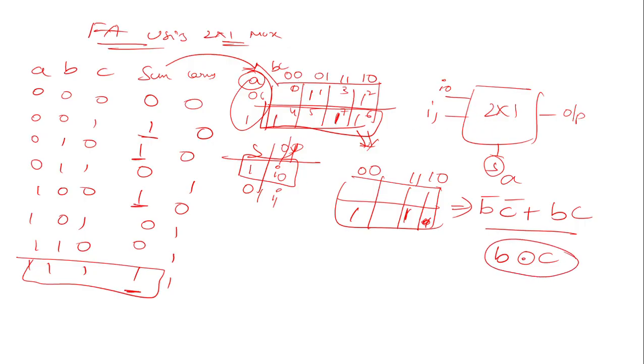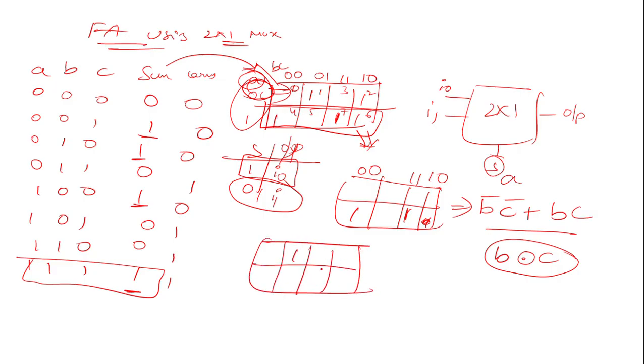So next consider the I1, means A is 0. If the select line is going to be 0, means the A value is going to be 0, this line is going to be selected. So what is our K-map then? The 1 is here and here, so you can consider only this line. The values of BC are 0, 1 and 1, 0, so means B bar C plus B C bar. So it is nothing but B XOR C. So for I1 the values are going to be,